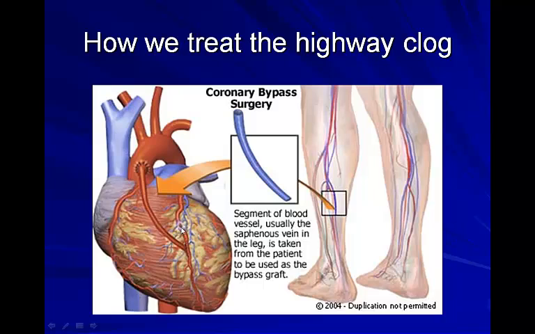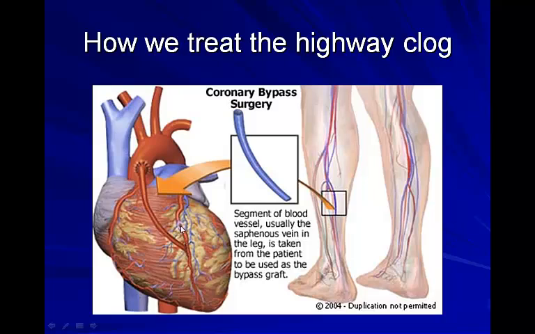When you hear about people having a heart attack, or the proper name is myocardial infarction, that's the fancy name for a heart attack, a myocardial infarction. What they're actually having when they have a heart attack is these vessels that feed the heart here, you can see all these red and blue vessels. These are the coronary arteries and coronary veins.